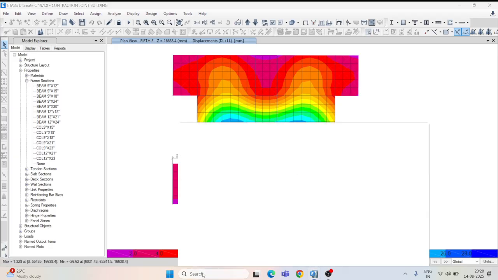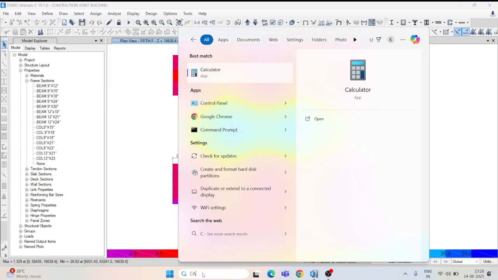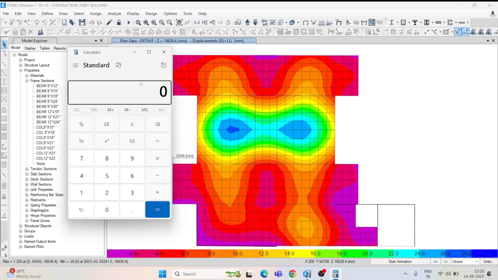Just go to the calculator, 26.62 minus the axial shortening value, because here there is no beam, only slab, and deflection is on the slab.